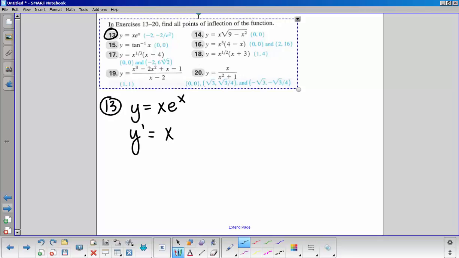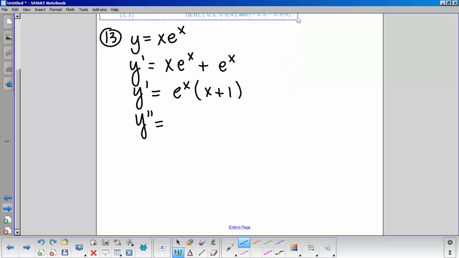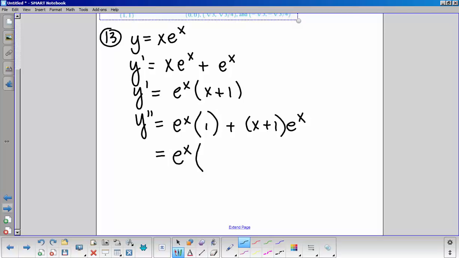x e to the x plus e to the x times 1. Now, before I took the derivative the second time, I'd factor out an e to the x, and I get x plus 1. And now I take the second derivative. So it's going to be first, the second, which is 1, plus second, which is x plus 1, the first, which is e to the x. So I'm going to factor out e to the x, and I get 1 plus x plus 1, which is x plus 2. Set it equal